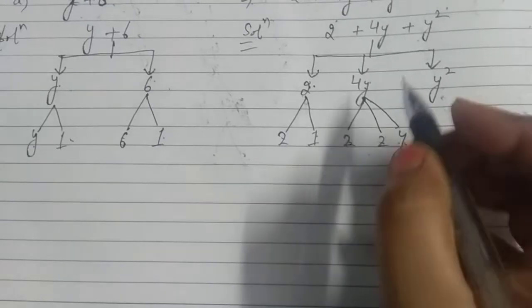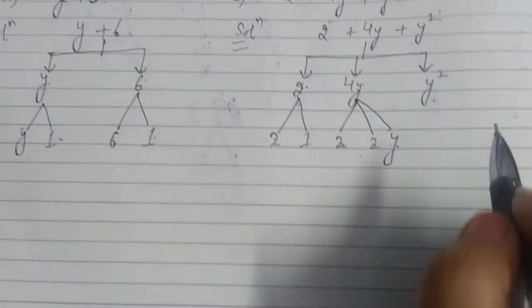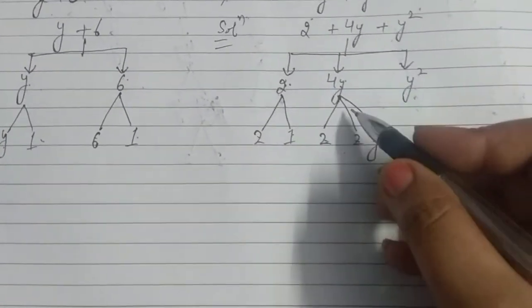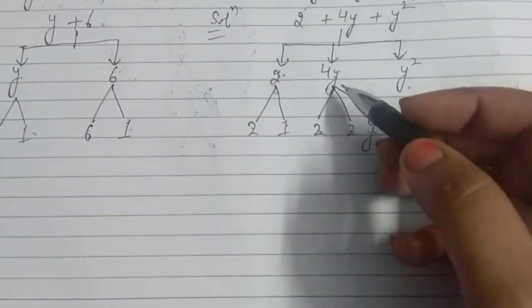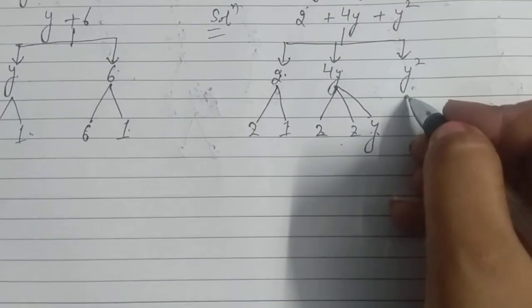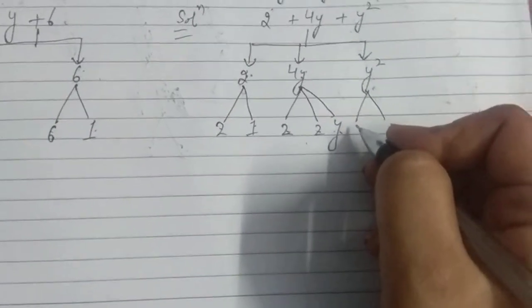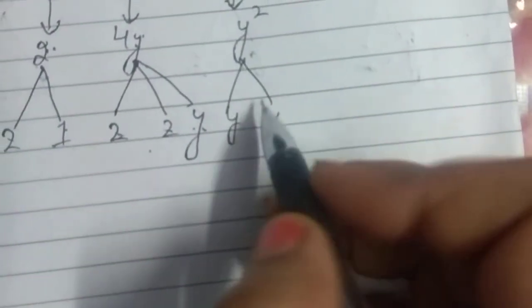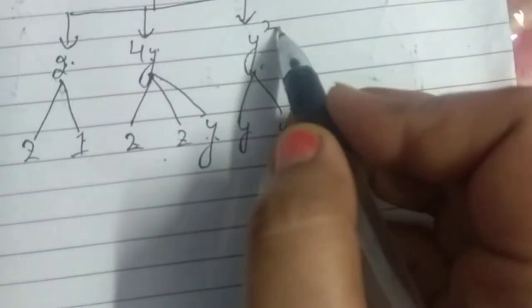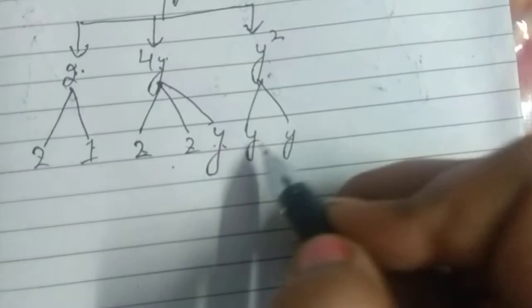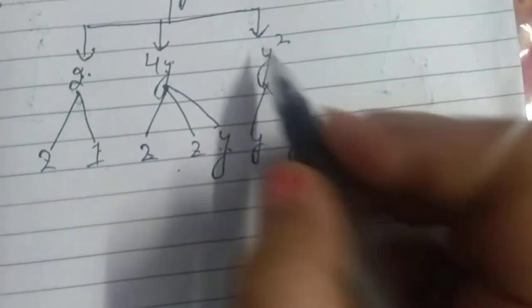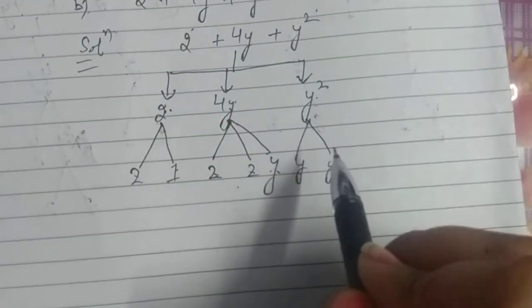After that we have to write the factors. It's up to you which method you want to use. It is simply one method, then you have to use this method. Or we can write y square as y into y. We have to write y 2 times because y is raised to power 2. When y is raised to power 2, it means we have to multiply y 2 times. So y, y are the factors of y square. So we show the factors through the T diagram.